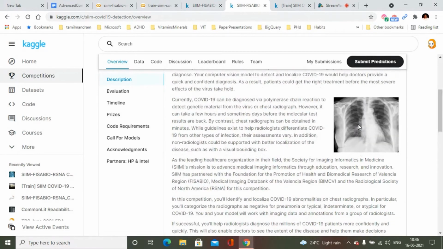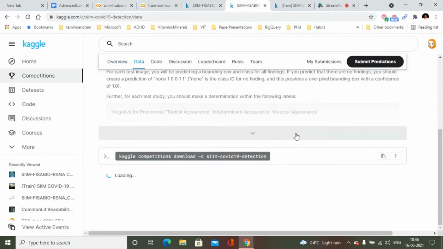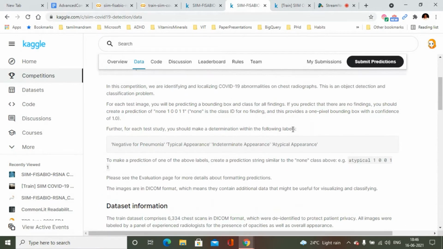The way it is object classification is when you take the symptoms. If you take the characteristics of pneumonia, there are several characteristics. If you take the official characteristics for COVID-19, there are certain characteristics. Those characteristics are grouped under typical appearance. This is how the lungs will look. All the characteristics which are coming for COVID-19 will be grouped as typical appearance. There are a few characteristics which may not necessarily be for COVID-19, but are pneumonia characteristics.